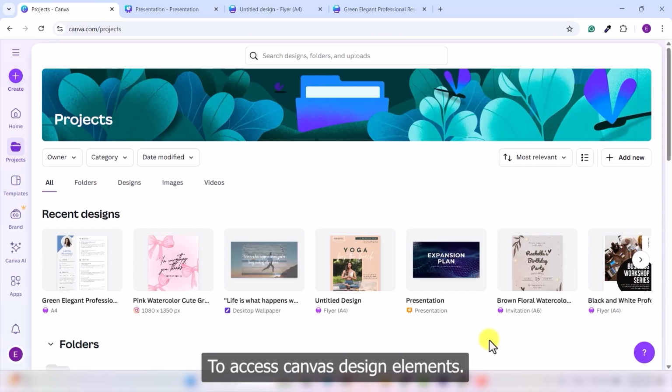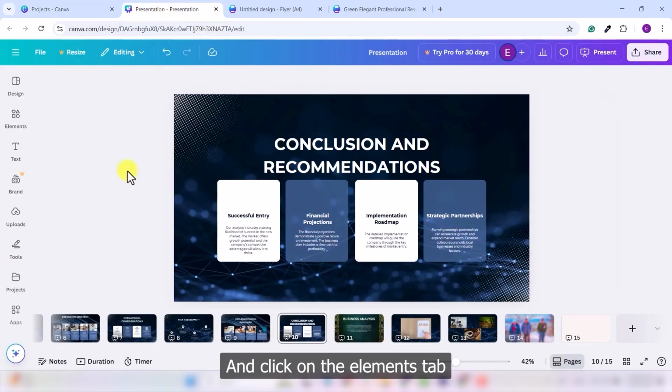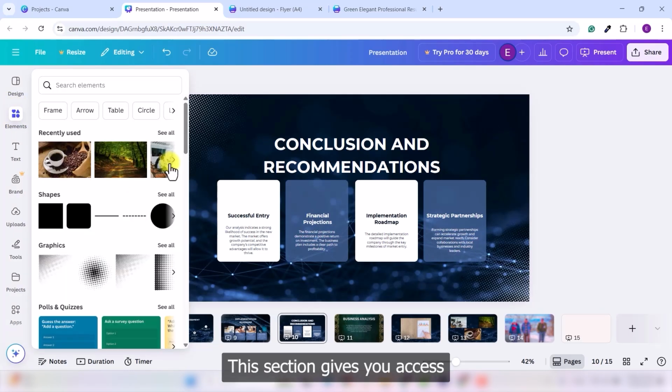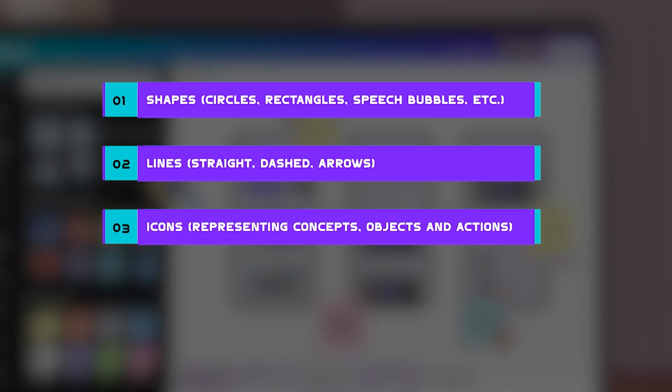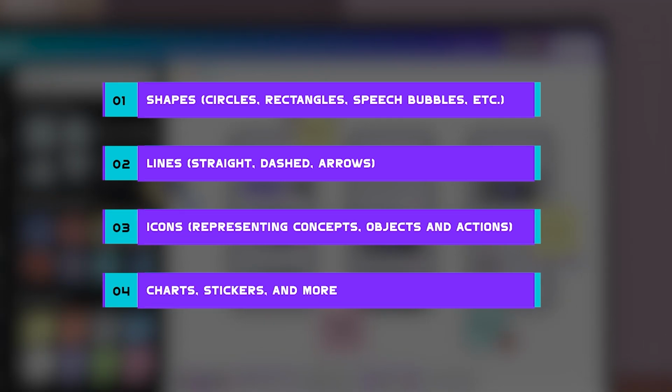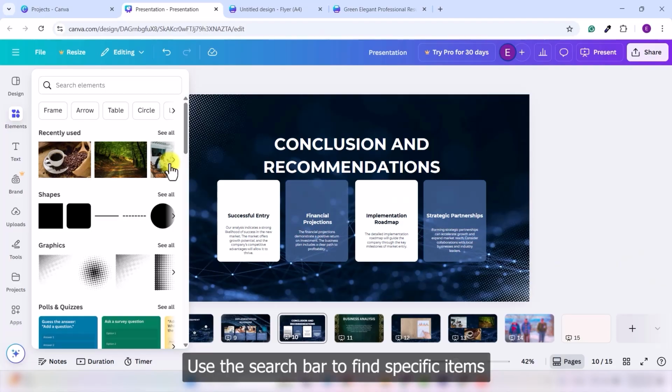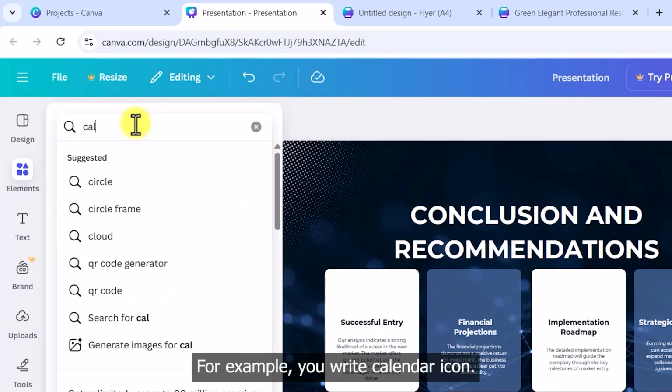To access Canva's design elements, open any project, for example you're working on this one, and click on the Elements tab in the left sidebar in here. This section gives you access to an entire library of shapes, circles, rectangles, speech bubbles, etc. Lines, straight, dashed, arrows. Icons, representing concepts, objects and actions. Charts, stickers and more. Use the search bar to find specific items such as, for example, you write calendar icon